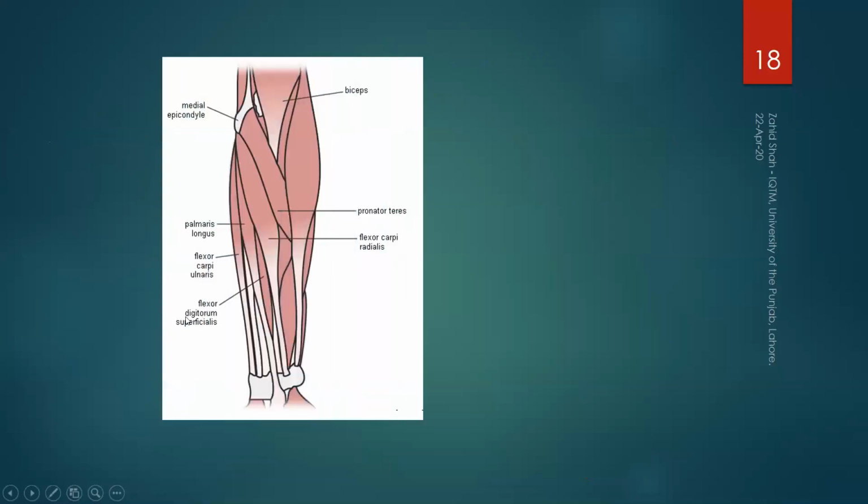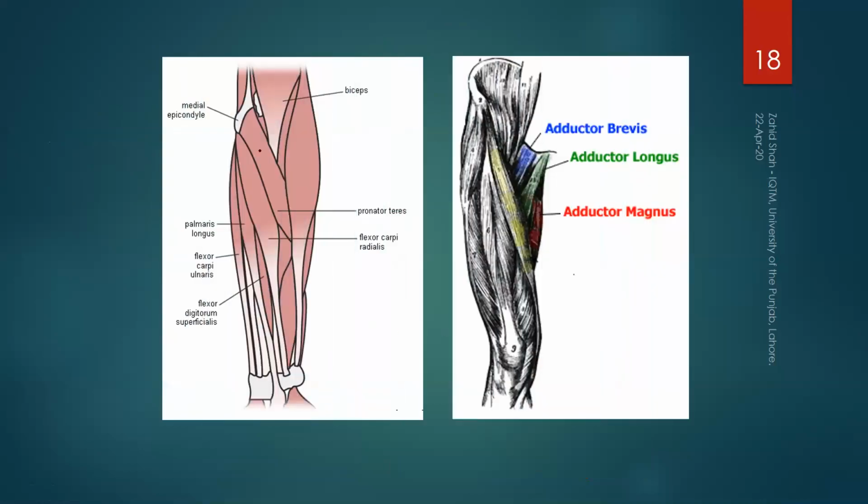So let's see a couple of other examples. For example, this muscle, pronator teres. It creates pronation. We saw pronation and supination, two movements of your forearm that move the palm down and up. So pronator, pronate. It moves the palm toward the downside. Teres means its cross section is circular.